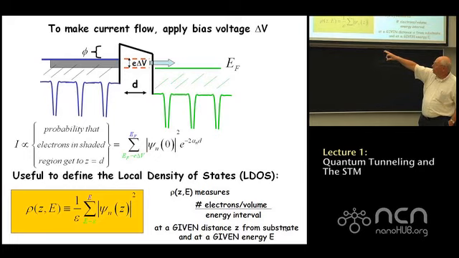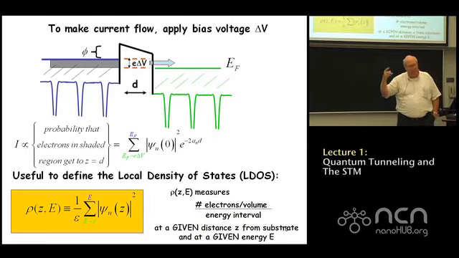So if you look at that summation, we're summing all the states in that shaded region of the top graph. We're going from EF minus E delta V, where delta V is the voltage applied between the tip and the substrate, all the way up to the Fermi energy of the metal on the left. And this more formal definition of tunnel current for a realistic system allows us to define something called the